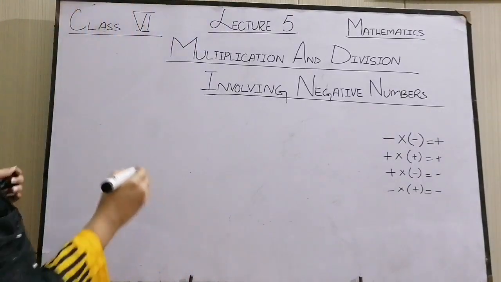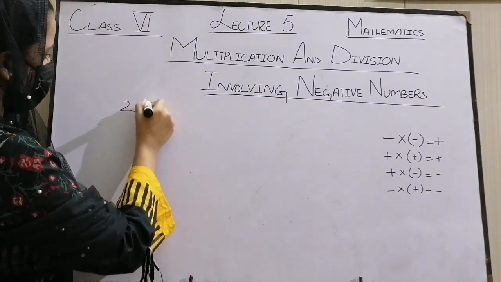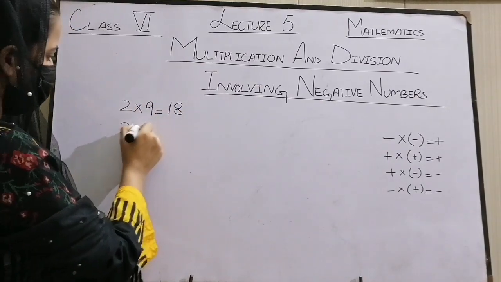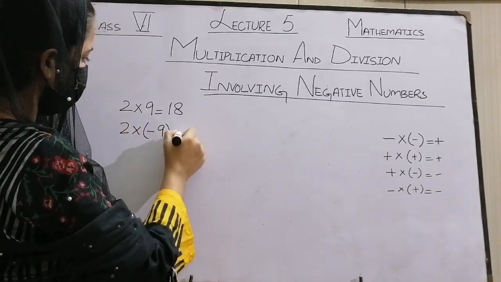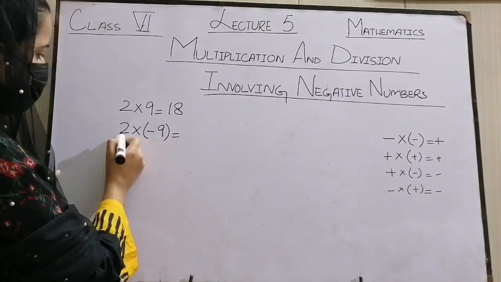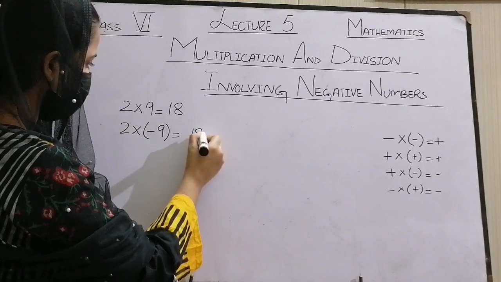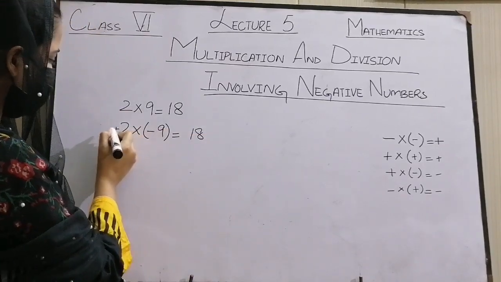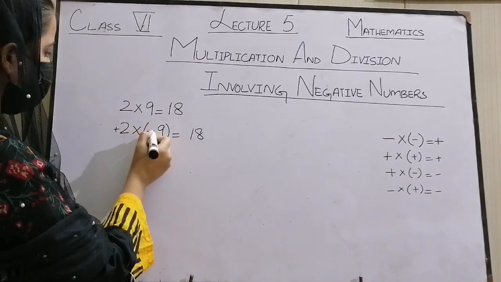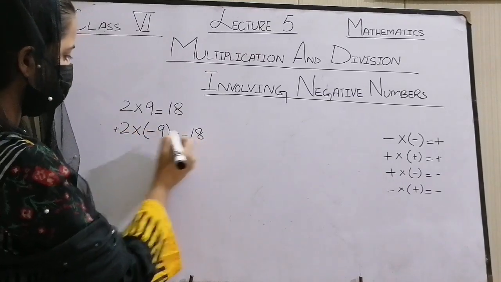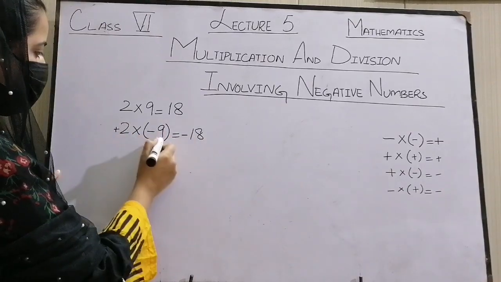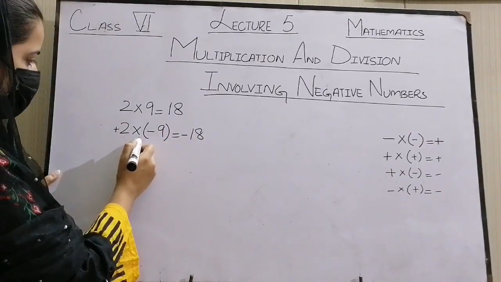When we are multiplying numbers, you studied multiplying simple or positive numbers in the previous classes like this. What if we have a negative number to multiply? We multiply the numbers first. 2 9s are 18. 2 is without a sign, so we assume that plus is here. First we multiplied the numbers. Now we are multiplying the signs as well. Plus minus minus. So 2 into minus 9 is minus 18. When we multiply the numbers, we multiply their signs as well.